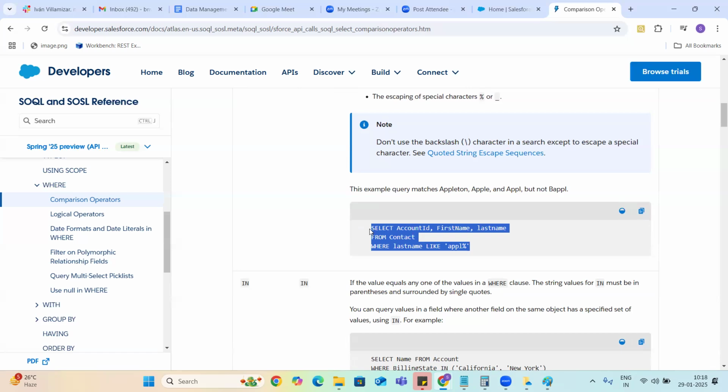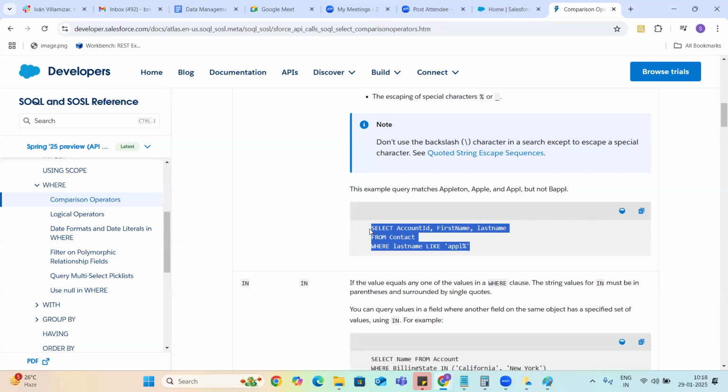You can write it another way also: if you give the percentage at the start and APPL at the end, then it checks that the last four characters are APPL.